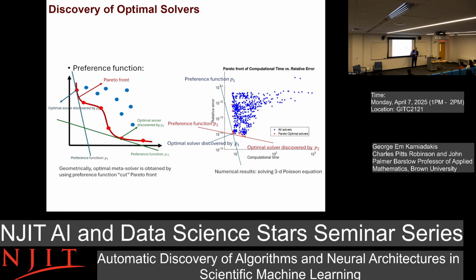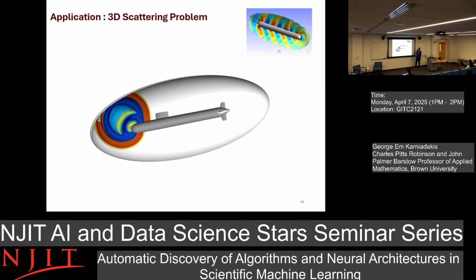Now, somebody else has a different taste, so you change your preference function to P2, emphasizing more the speed, so you can find, for example, of the error, you can find this intersection now, and so on. So you have a different solver. So this is actually a real experiment. You can see all these blue points. You can see here the outline, the Pareto front, and you can see using different preference functions, we can find different solutions.